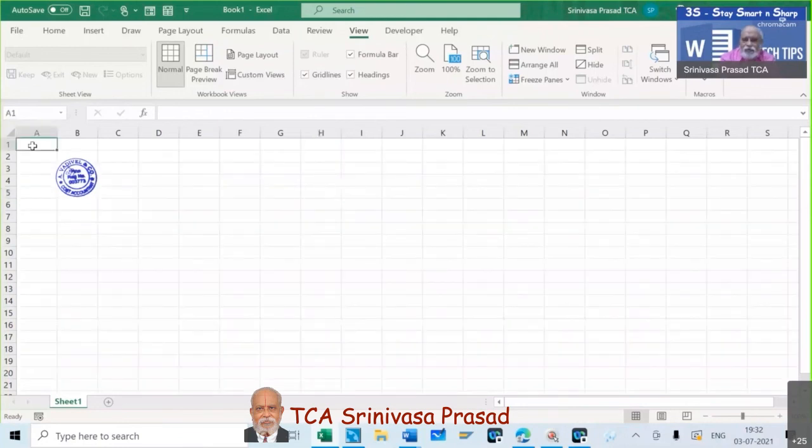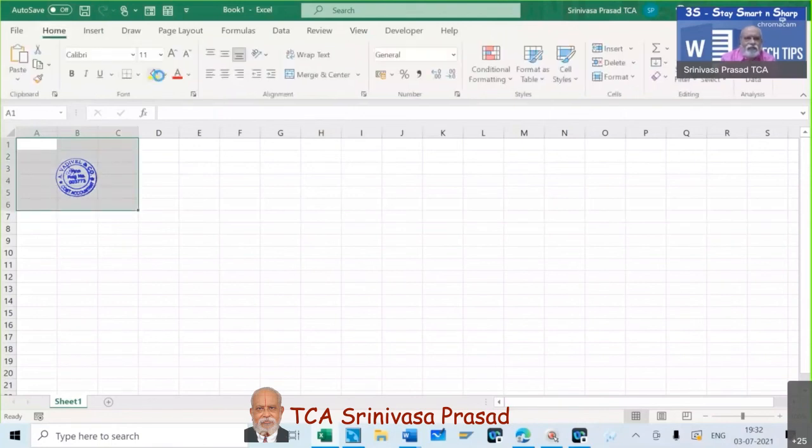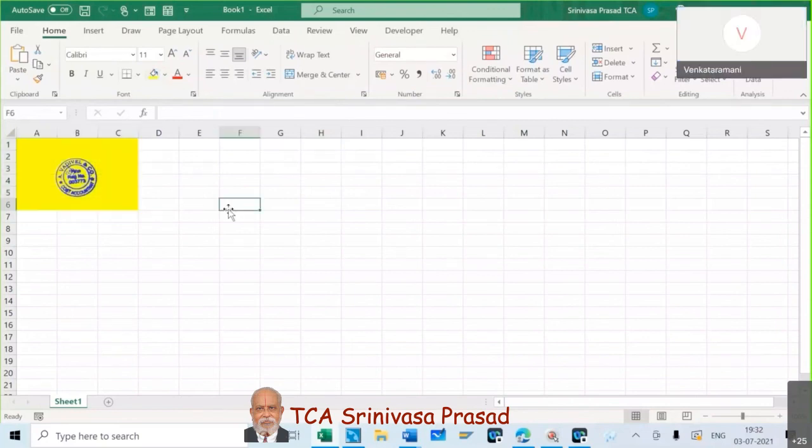Now what happens? With a normal picture, when I make a colored background, now you just see, sir. In a normal picture, if you have taken a scan, the background will be white only. In the yellow background, within a white square, this picture will be available. Now it is not like that.